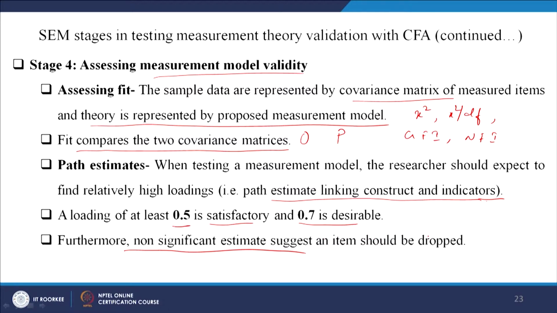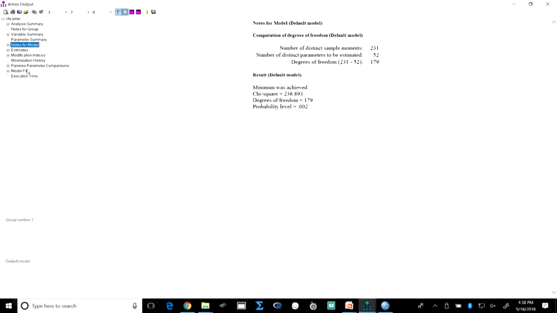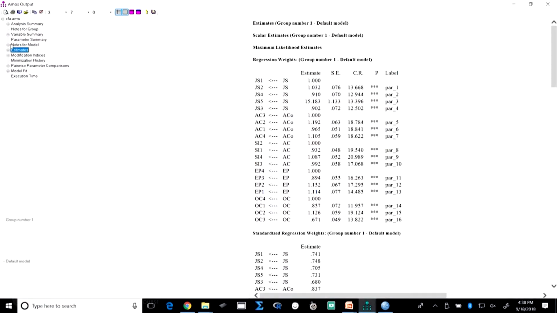How do you check this? I will show you. This is the data set I will be using later on; I have explained it in my PPT also. Let us run this. Okay, now let us go to the data. This is the estimate I am talking about. This is the estimate, the covariance values, this is the standard error, this is the critical ratio. The critical ratio is nothing but the estimate divided by the standard error, and this tells you whether it is significant or not.